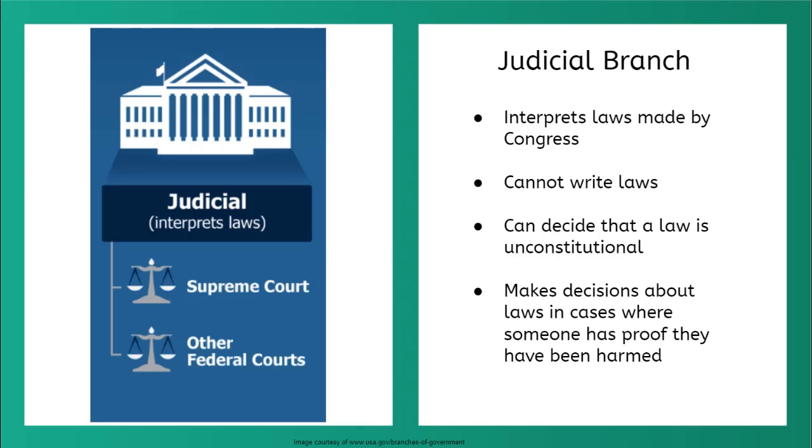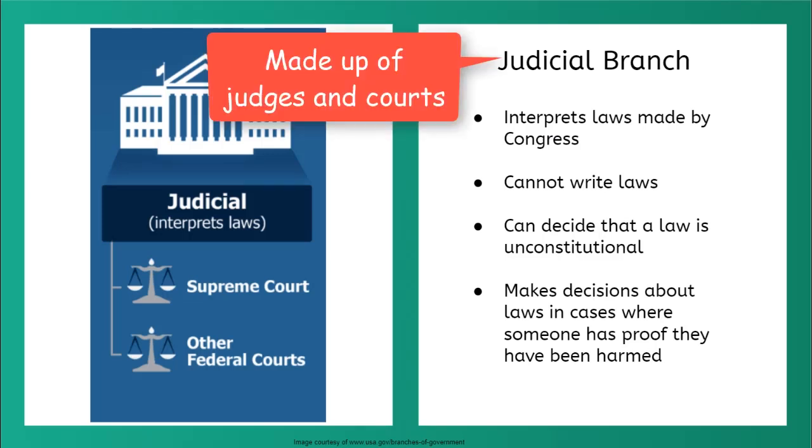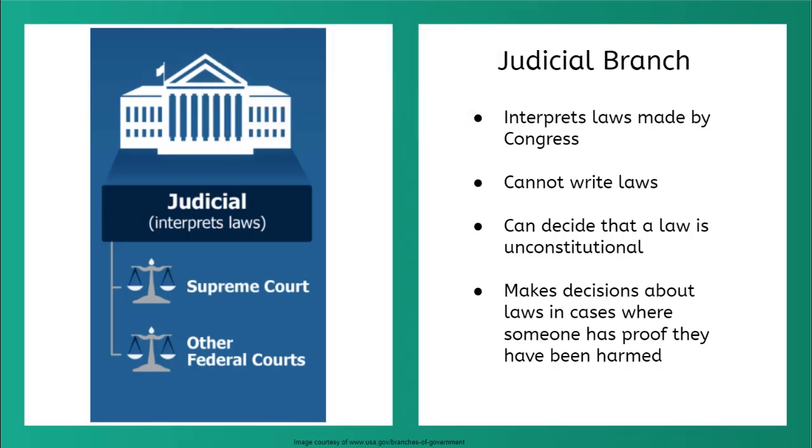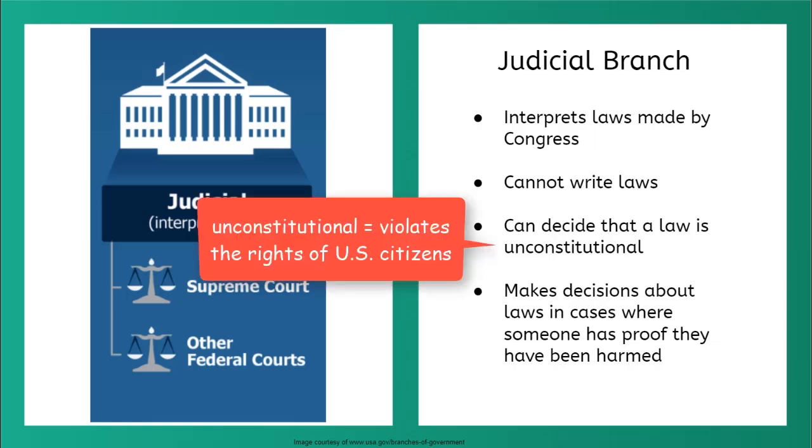The third branch of government is the judicial branch. The judicial branch is made up of judges and courts. The job of the judges and courts is to interpret the laws that Congress has made. Judges do not make laws, but they can decide that a law is unconstitutional or violates the rights of the